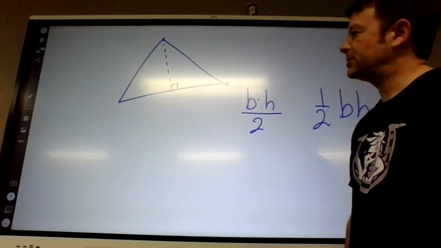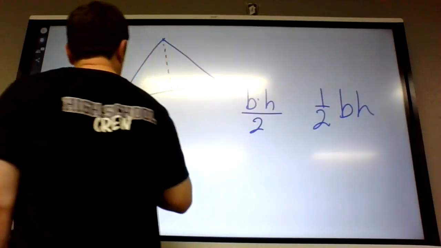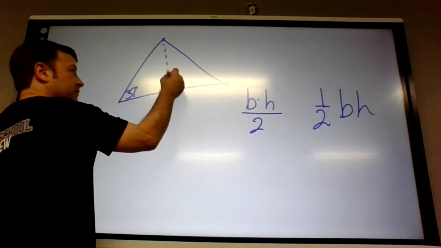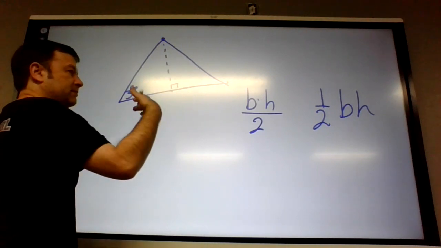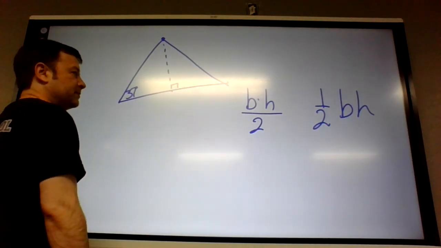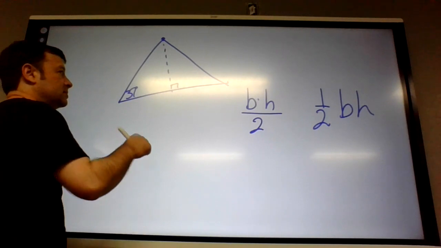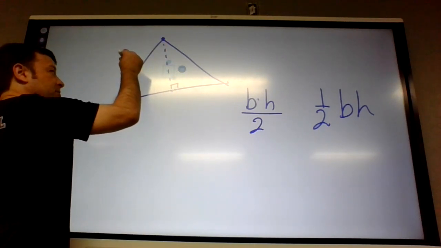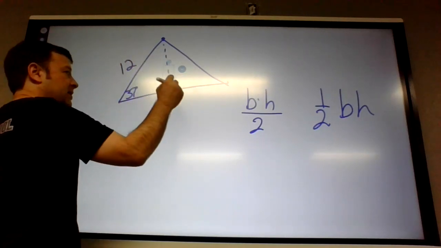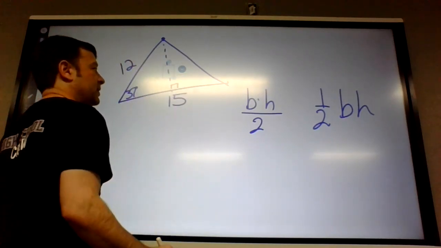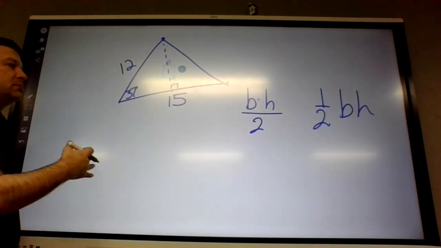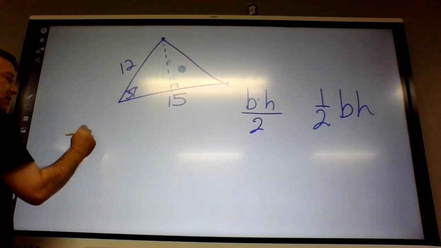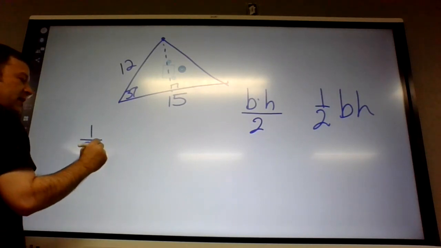And so what's new with trigonometry is if we know an angle over here, then that's enough information to figure out what the height is using the sine function. Sine gives us opposite over hypotenuse. So what information you'd need would be this side and this side to find the area. So if you don't know the height of the triangle, you can use this formula. Instead of 1/2 base times height, it's 1/2